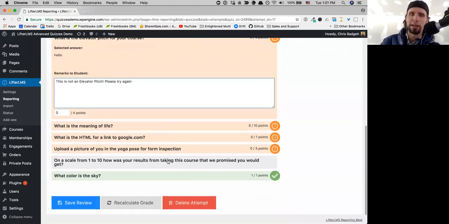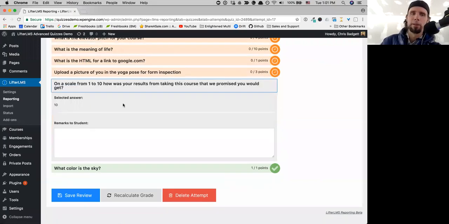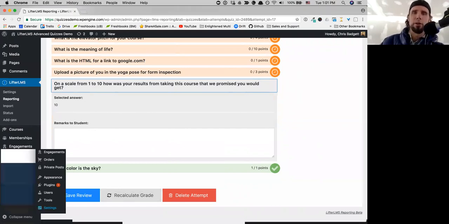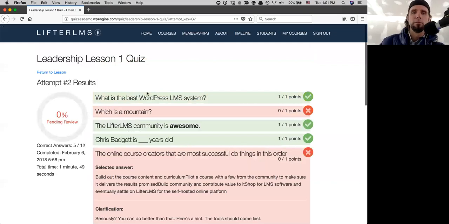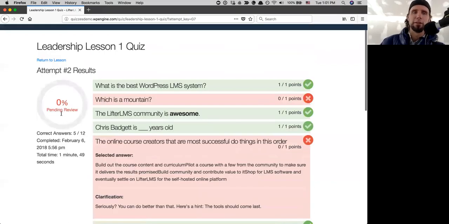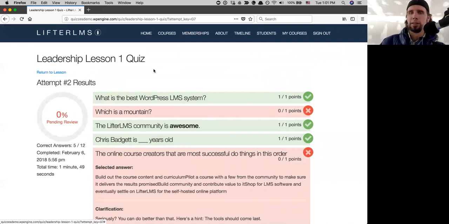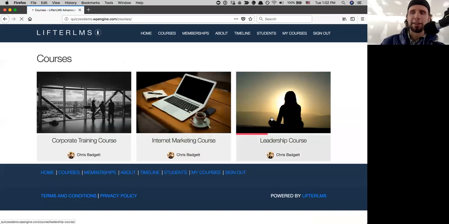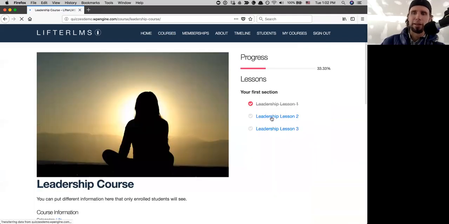And down here we can check out what this question is that doesn't count towards the grade, so there's nowhere to assign points to it. And we can see what she thought of that. You can recalculate the grade and then save it. And then it's going to show up over here where she can see the final grade and all that stuff. So that is a lightning tour of the LifterLMS